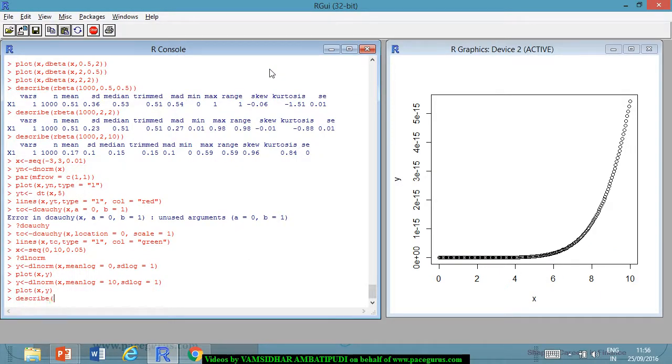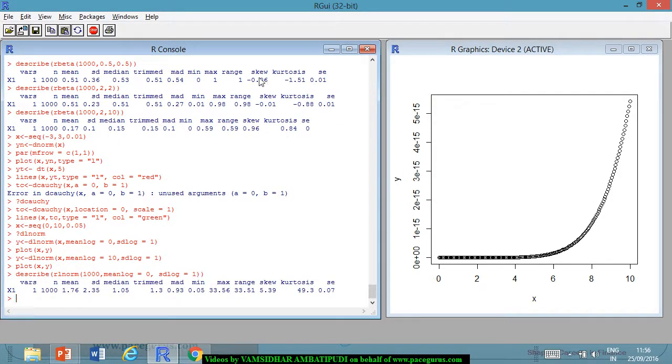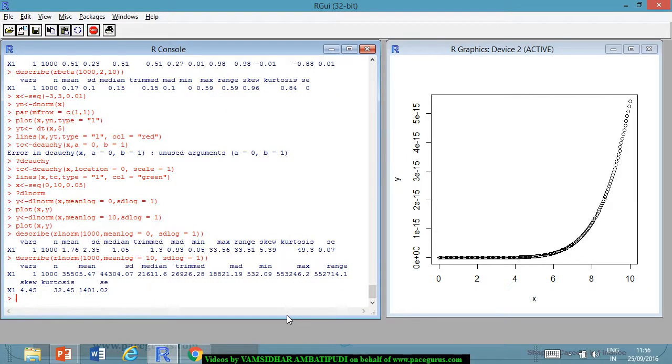Let's generate random numbers with rlnorm. Let's say I'm generating 1000 values with mean log of 0 and SD log of 1. Right, when I look at the describe, I'm seeing skewness is 5.3 and kurtosis is 49.3. So that's the level, and when I increase the mean, in that case I could see that the skewness is 4.4, kurtosis is 32. Especially when my skewness and kurtosis are much higher,